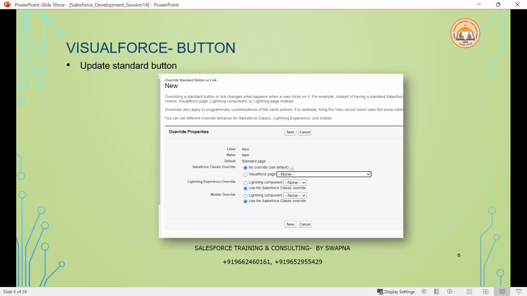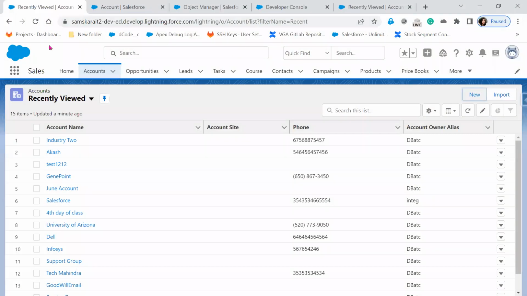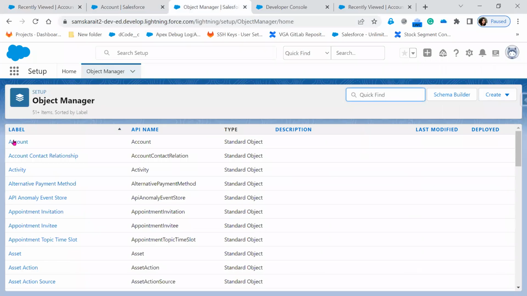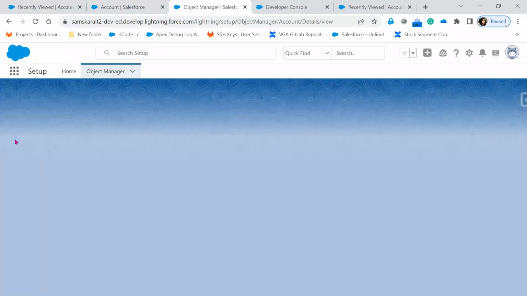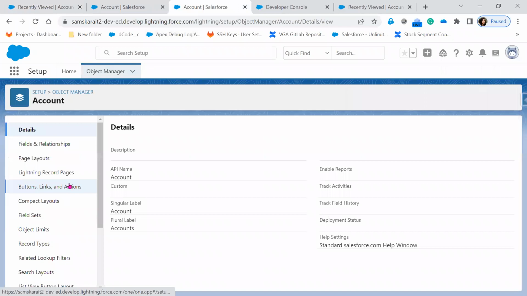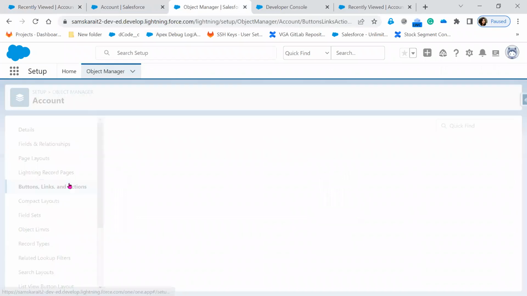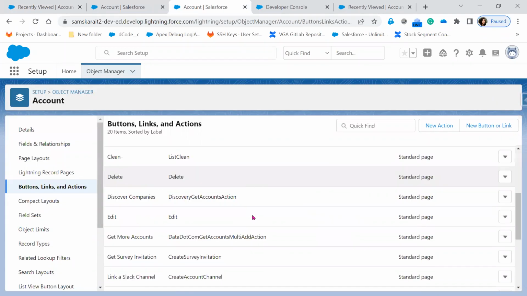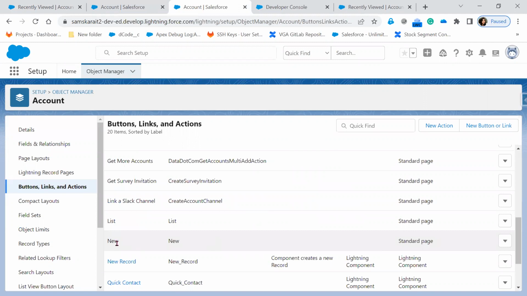now let's go to the Salesforce object manager and take an account. Here in the account, we have an option called buttons, links, and actions. Now I need to find out what are the standard buttons on the standard page. That is the button, right? So here, if I click on edit,